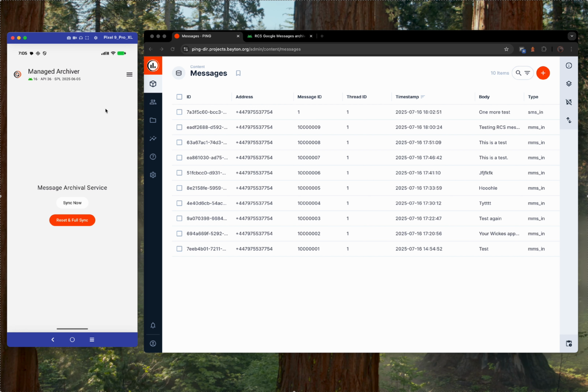Now if I send a text message, or an RCS message I should say, so test RCS, you should see it then pops up on the device here. Now because I've got a worker that runs every hour or so, if I do nothing, eventually it'll pop up to the API and it will batch as is recommended by Google's documentation. Because I'm too impatient and for the purpose of the video, if I tap sync now, you should see when I refresh this,